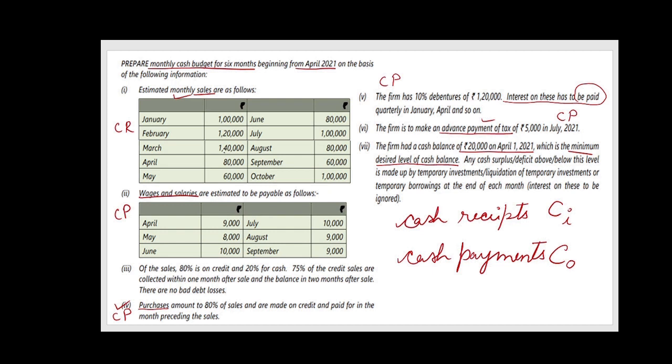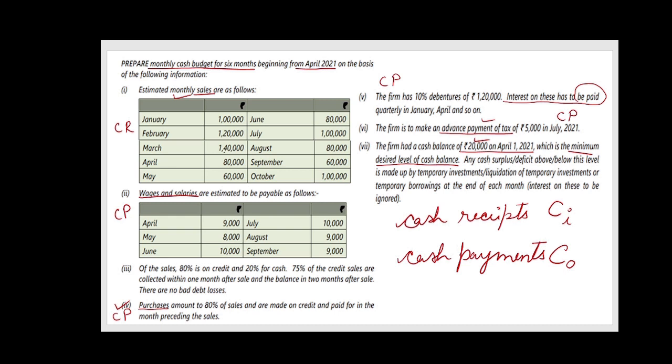Now, there is one thing that you need to remember, the closing balance of January will be the opening balance of February. Like if you have 10,000 rupees in your wallet at the end of the day, tonight when you are about to sleep, then tomorrow when you get up, you will have this 10,000 rupees in your wallet, right? So whatever is the closing balance of the previous day becomes the opening balance of the next day. So the business is required to maintain 20,000 rupees at any given point of time, a minimum balance.